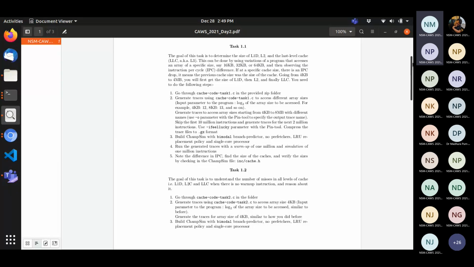I created the executable with the same name but with .out as the extension. Is that why it is taking time? Are you talking about the trace generation step or the running step of ChampSim? The first one, then second generate traces. So I just execute that executable and put 12 as a command line argument, what you were saying. It should not take that much time.